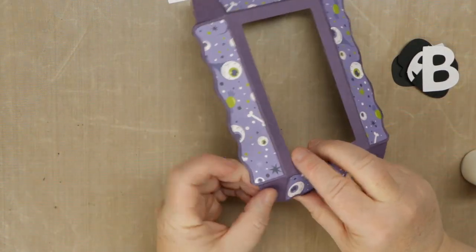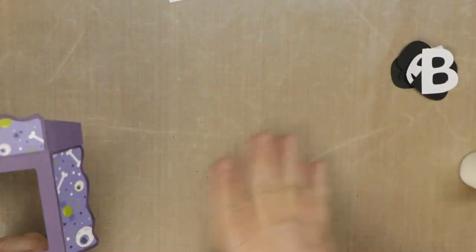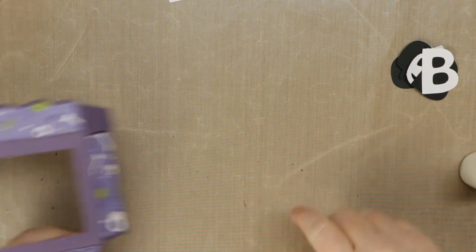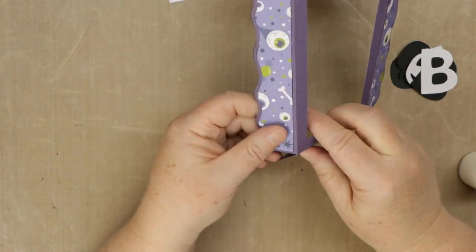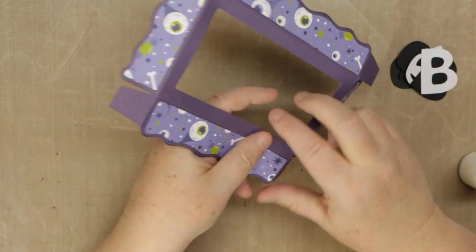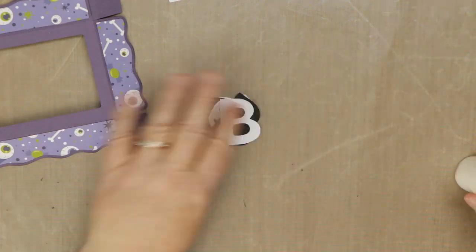So now that we have those lids on, it looks like I have something on my mat, but I inked something and it stained. We're not going to put this together quite yet, but you're going to see how it's going to go together. Let's go ahead and put together the